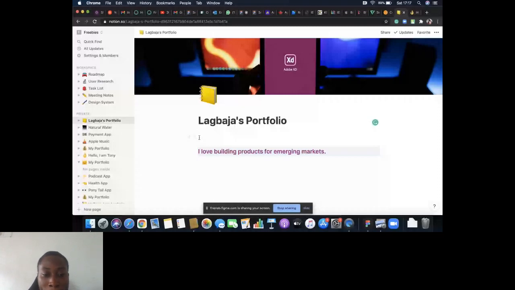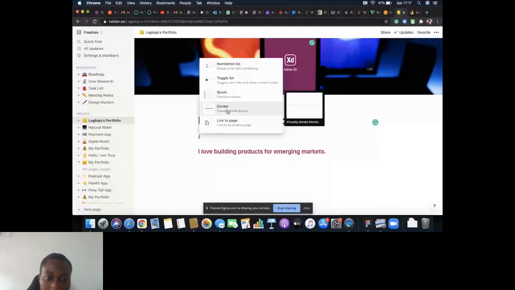If you notice what I've done here, I've decided to come in with a divider just to give it space, white space, like some persons would say. And so what I need to do is come to this point, press my enter key. You can see where it says type slash for commands. So I can go ahead and type slash for commands. I'm going to scroll through and look for the divider. Divider is right here, and I'll click on that.